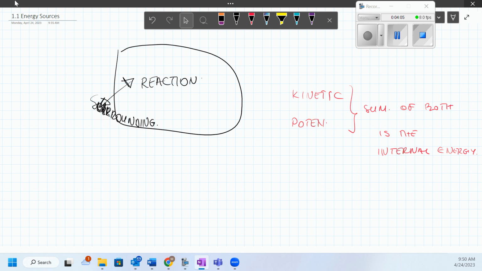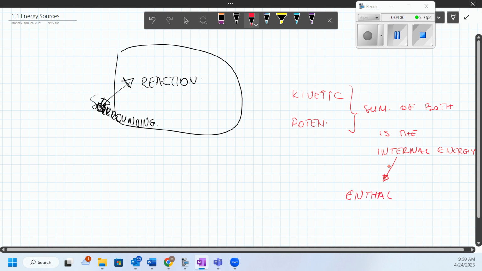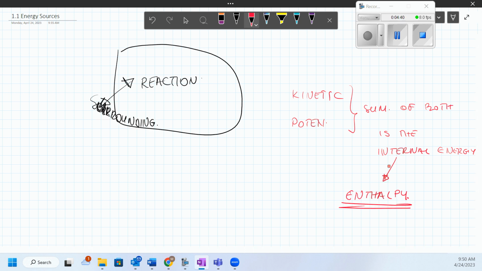Now, the internal energy of the system is known as the enthalpy of the system, and we cannot possibly measure it. Okay, we cannot measure the total internal energy of the system. This is, in other words, known as the enthalpy. But what we are able to measure is the change that this internal energy is undergoing. So we cannot measure the absolute value of the internal energy or the energy of the system, but